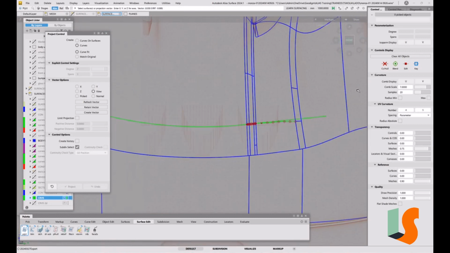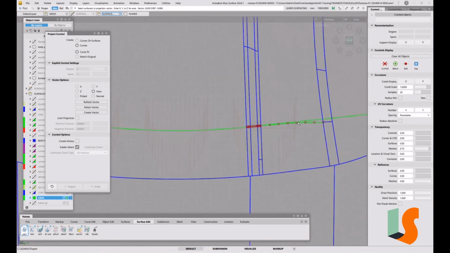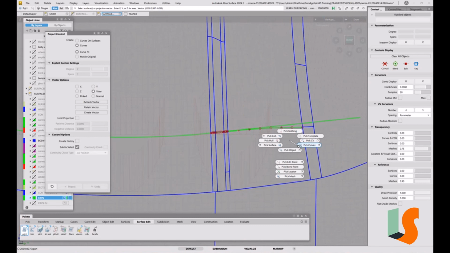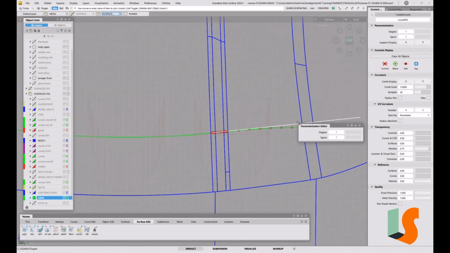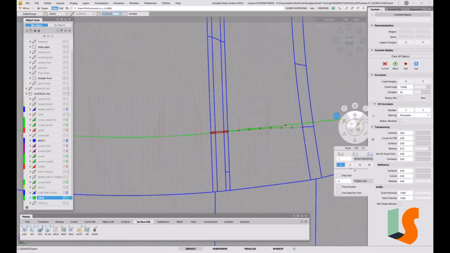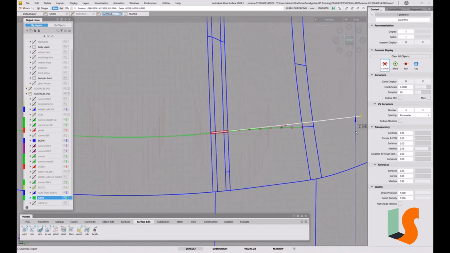The other thing that we could try, so that sort of starts to drop down there. So I think we've just got to make that degree 2, and actually, I don't know whether I did that correctly. Yes, I did. So we just lift that point up a little bit. So we are deviating from the mesh, but that's what I think we need to do. So I'm just going to get rid of that lot